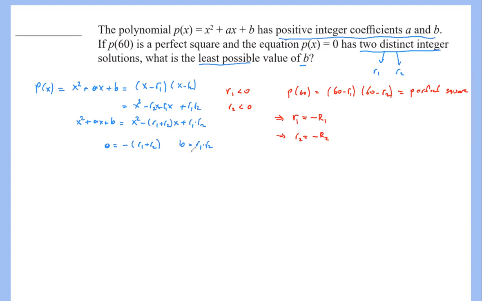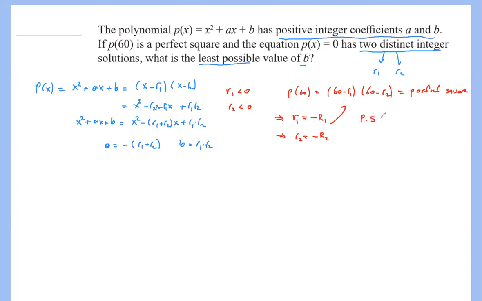The reason we are doing this is because the product is what we are looking for. B is what we are looking for, just keep that in mind. If you multiply the negative version of the solution and the negative version of the solution, the product is still B. So multiplying these two is the same as multiplying these two, which doesn't make any difference. So I'm going to plug these into this equation. I'm going to say perfect square